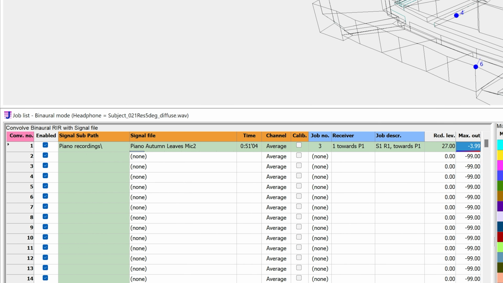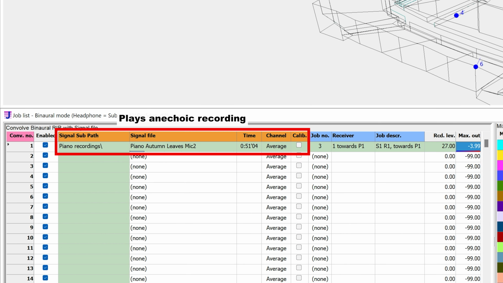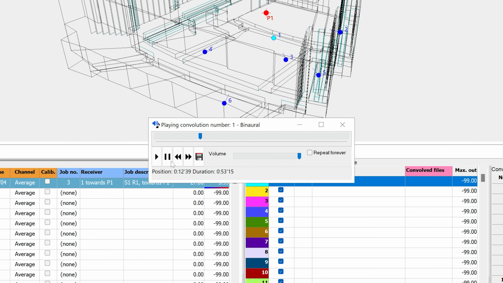Keep in mind that if you click under the orange headers, you will only listen to the anechoic recording, so make sure to click under the blue headers instead. Just as with binaural impulse responses, you can save the auralization as a WAV file.